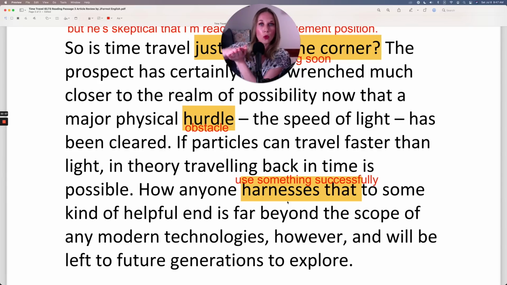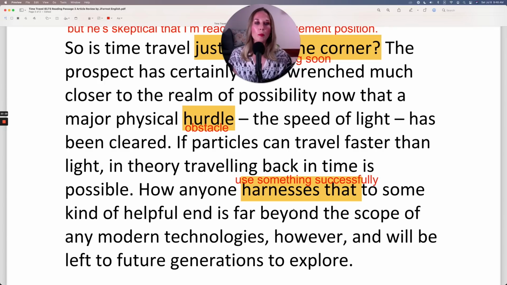So you put a solar panel on the roof of your house and it harnesses the energy of the sun. It uses that energy successfully by then heating your house. So we've already harnessed many things in our environment. Why not time travel? How anyone harnesses that, so how anyone uses time travel successfully to some kind of helpful